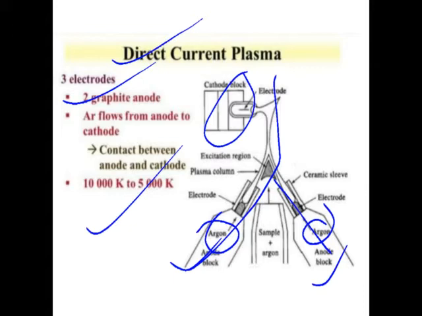They also have some advantages over ICP. The amount of argon gas needed in DCP is less than in ICP, and also DCP can analyze samples that have a higher percentage of solids in solution that cannot be handled by ICP. So there are some advantages, and there are some disadvantages. So what is the first disadvantage? The main disadvantage is that it has lower sensitivity. Sensitivity is low.